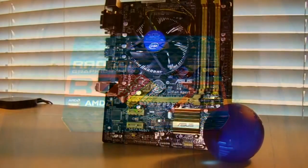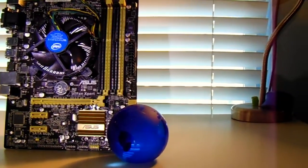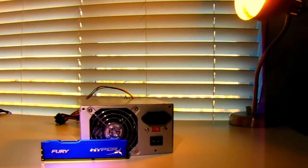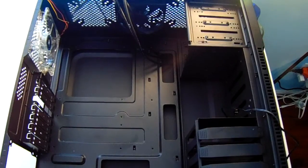Now, you're going to want to make sure your processor fits your motherboard and your RAM fits your motherboard. You can look at that by your motherboard specs. You can also find some websites which will tell you how big your power supply needs to be based on your computer's requirements. Now, the first step is to lay down your case and open it up and move all